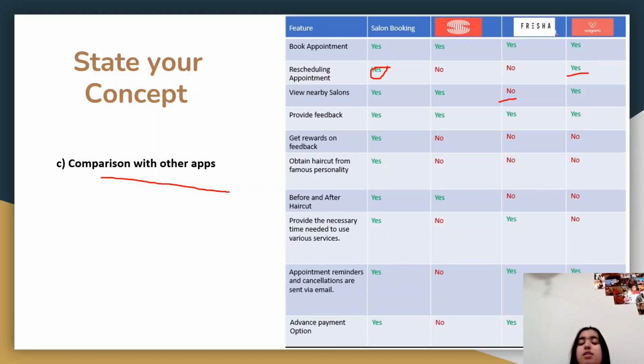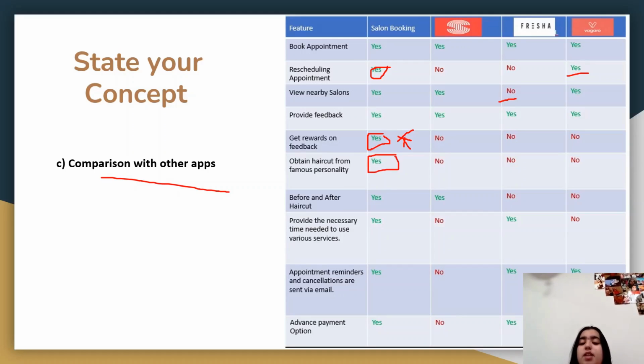Provide feedback is available in each and every app. Get feedback on rewards is available only in our app. Obtain haircut from a famous personality is also only available in our app.